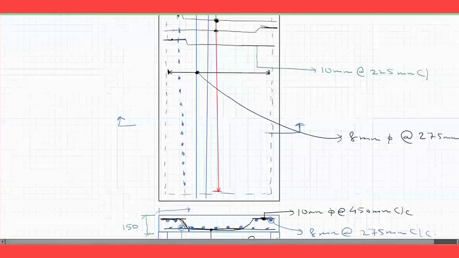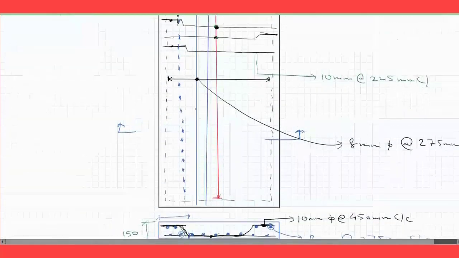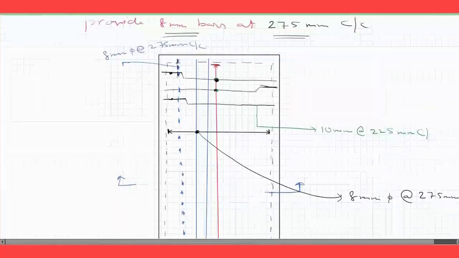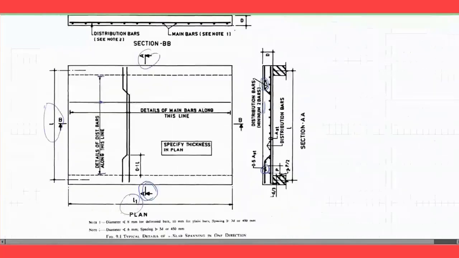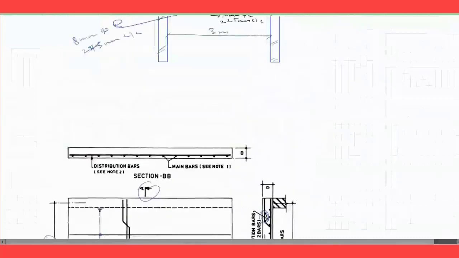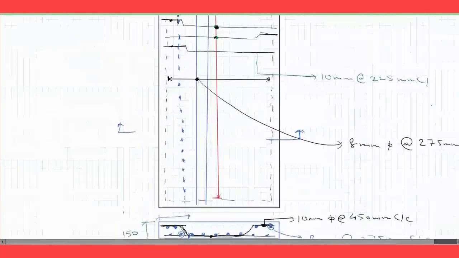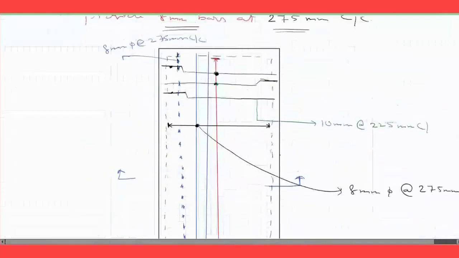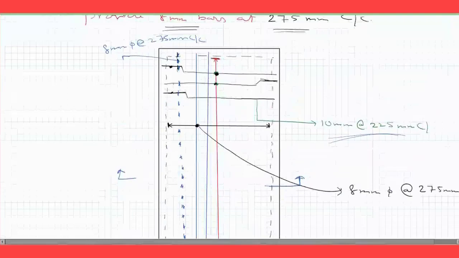If you have a doubt regarding how exactly I had made this detailed drawing, I can still explain, because understanding this is very important. And I have also shown this based upon SP34 guidance. What I did actually, I had made this detailed drawing. If you have any doubt regarding making this detailing drawing, please feel free to ask.